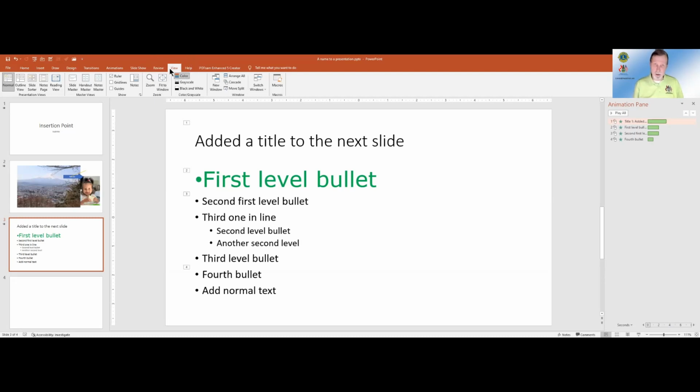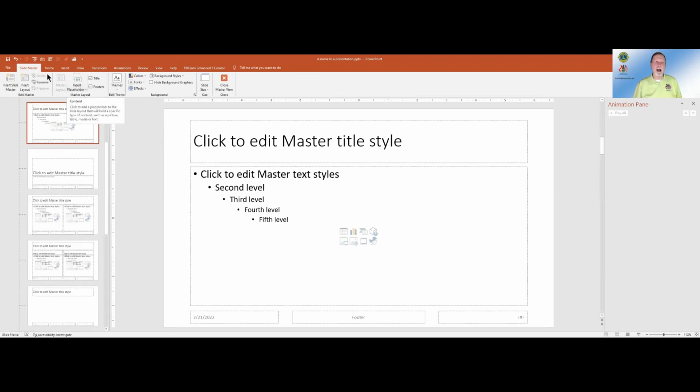This is the advanced section here. So for some of you who have no idea of what in the world I'm doing, bear with me. From the view tab, I motor over here to the slide master. Now with the slide master, I have a new tab up here, context sensitive again, and it's got different components in it. And notice what happens over on the left side with my slide sorter.